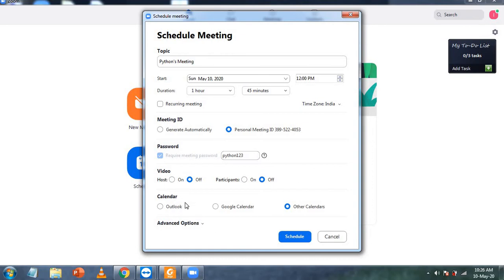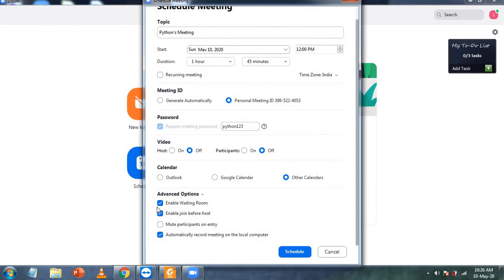You can link this Zoom with your Outlook Microsoft email ID as well as with your Google Calendar. In advanced options you need to go to the participants to whom you have sent the links for joining the meeting. If they came before you, because you might come a little late, then even so they are able to be in the waiting room. They can log in to this particular meeting before you, but they won't be hosting. They will be just in the waiting room. So the host has to give access to let them join or not.